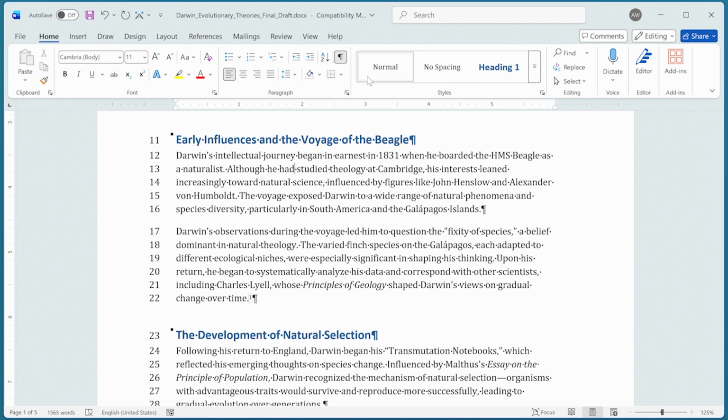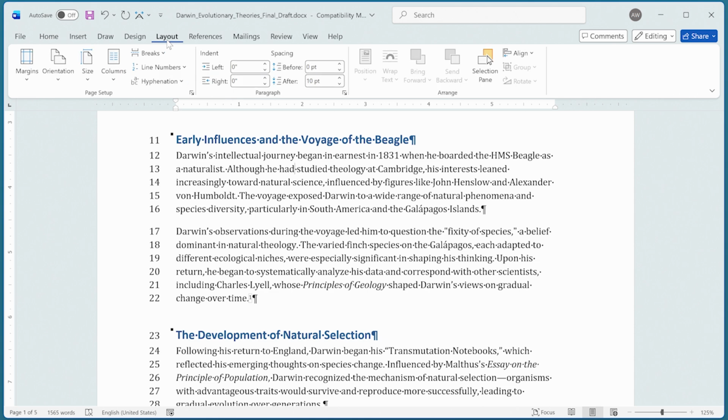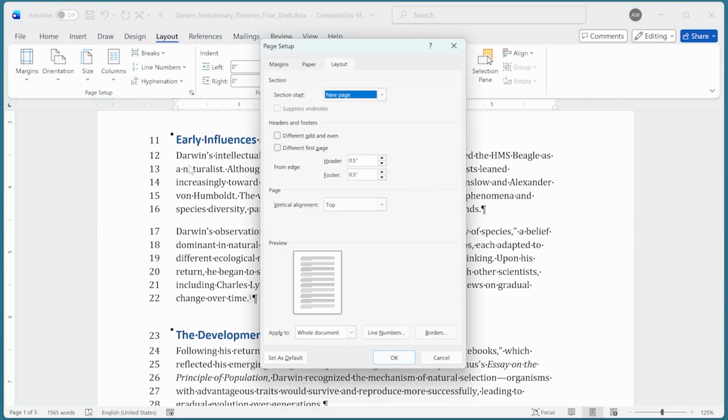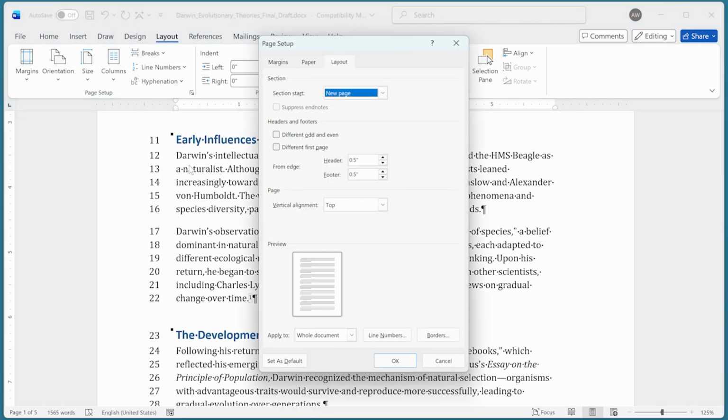Just jump over to the Layout tab of the ribbon, and then we're going to click Line Numbers right here. And finally, we're going to choose Line Number Options. That displays the Page Setup dialog box. I could also have gotten to this dialog box by clicking the icon at the bottom right corner of the Page Setup group. Regardless of how I got here, though, I need to click on the Line Numbers button, and